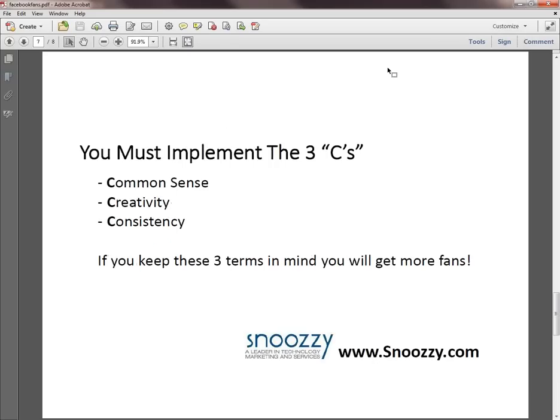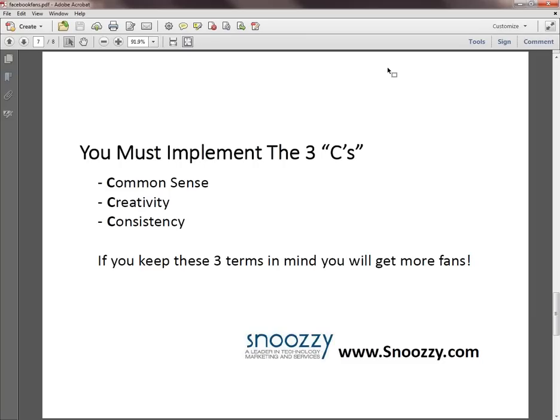As I mentioned last week, I think if you ever get stuck with social media, you got to think of the 3 C's: common sense, creativity, consistency. And I think the key with getting more fans is definitely all 3 of these. You got to have common sense on how to tell people about the page. Remember, most people, they probably do want to become fans of the page. They just have no idea how to do it or how it works. So you gotta have some common sense and give them some instructions. You got to be creative with obviously what the page offers, and most importantly, you got to be consistent.